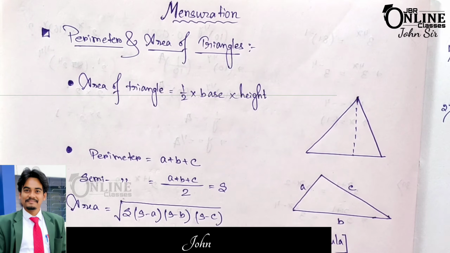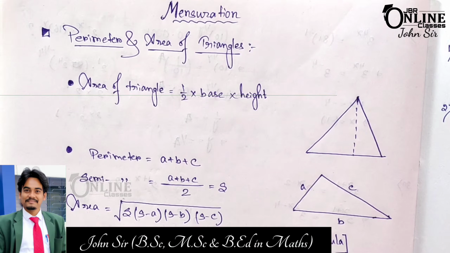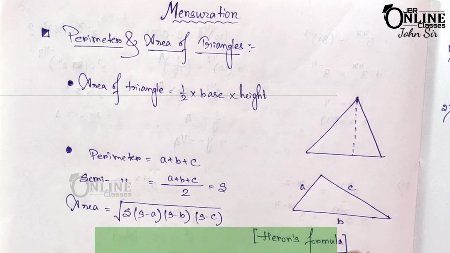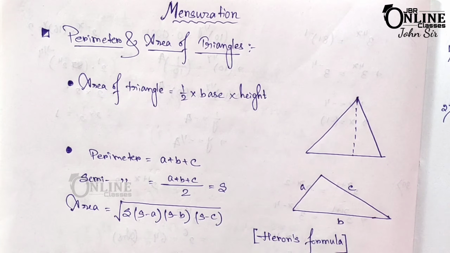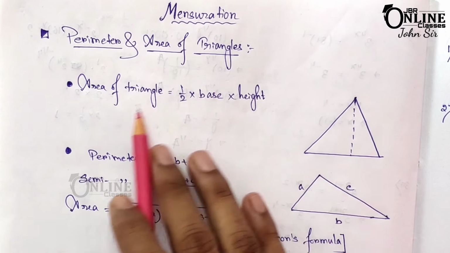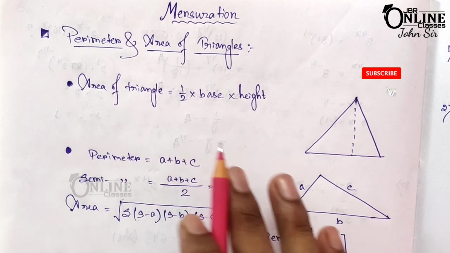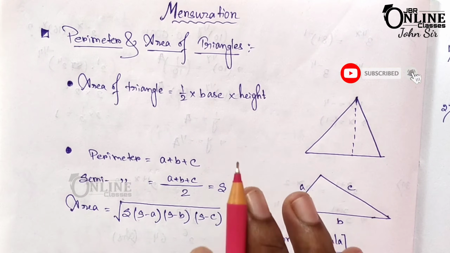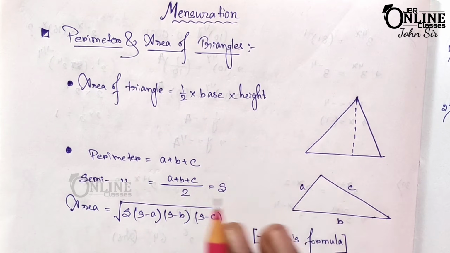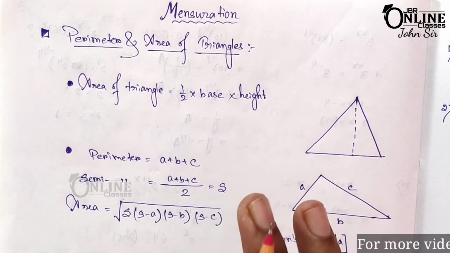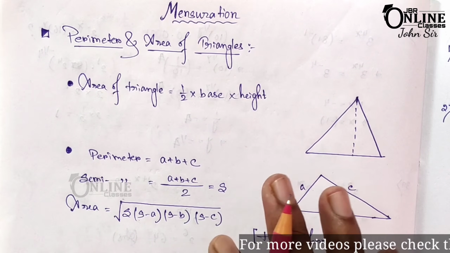So hello everyone, now in this video I am going to start mensuration from the book of M.L. Agarwal, chapter 16. For the previous chapters or other chapters, please check the description box, the link will be there. Okay, so here in this chapter you are going to know the perimeter or the area of our triangles. The first exercise is fully based on the triangle.